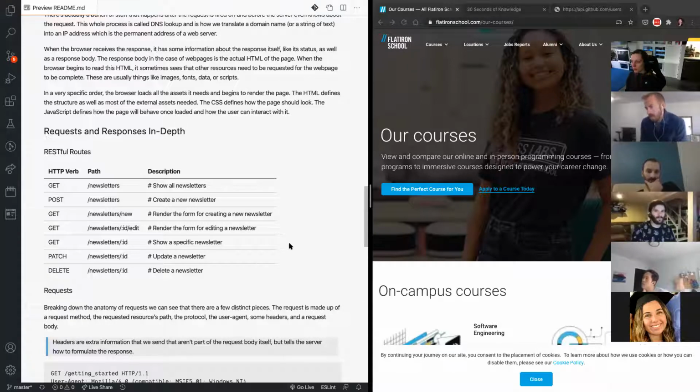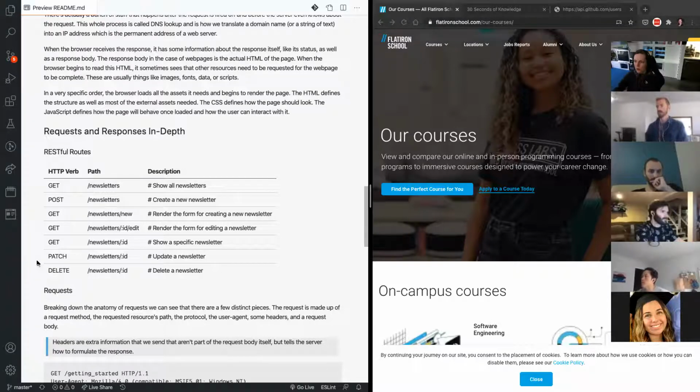If we want to show one particular newsletter, we can go to /newsletter/1 or /2. That will give us one newsletter. And then we have patch and delete. Patch will update the newsletter, delete will delete the newsletter. And we are again here reusing the path as much as we can, but combining it with a different HTTP verb. So the HTTP verb and path combination is what's important. This right here is not the same thing as our HTTP verb and path combination down here. It's important that those two are matched up correctly to do a certain thing, like update, show, and so on.